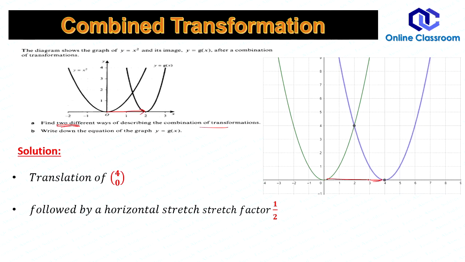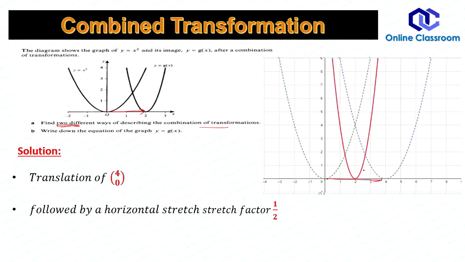every point from the y-axis is now at a distance of half. This is the object, the blue is the object, and your image is this red one, the final graph, and the shape is changed. You got the idea? If you want to write, suppose this is your f(x) function. So what about g(x)? Your g(x) function will be f((x minus 4) times 2). Is that clear? Because it's always the reciprocal of this.